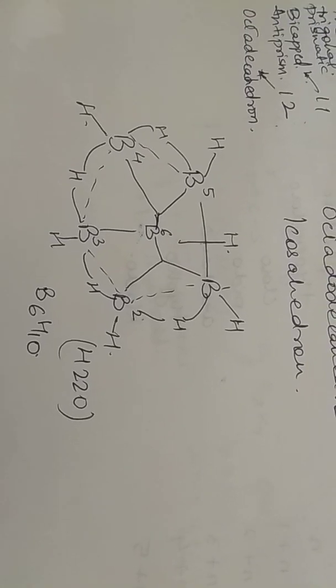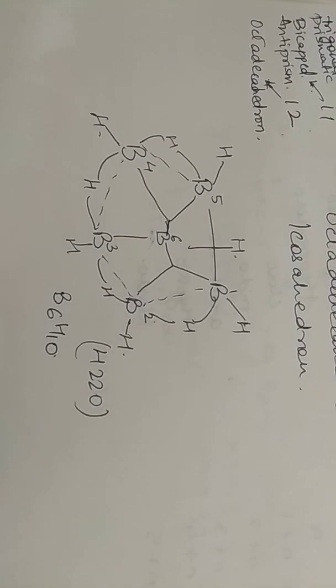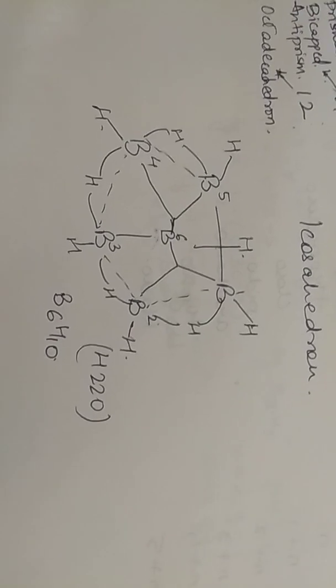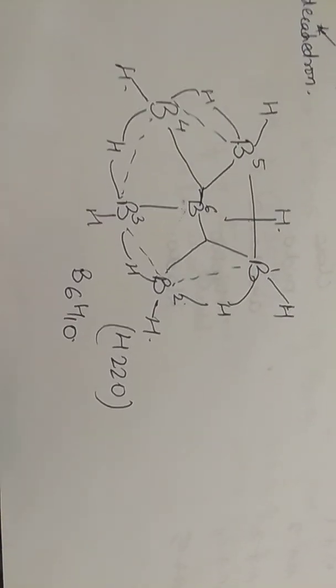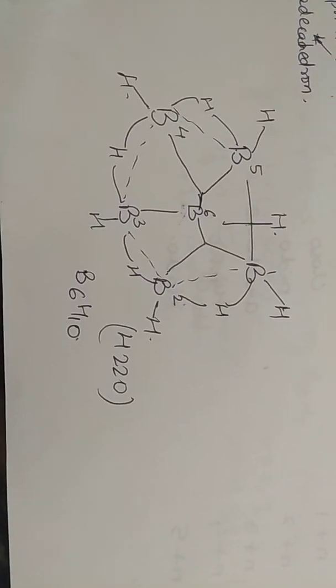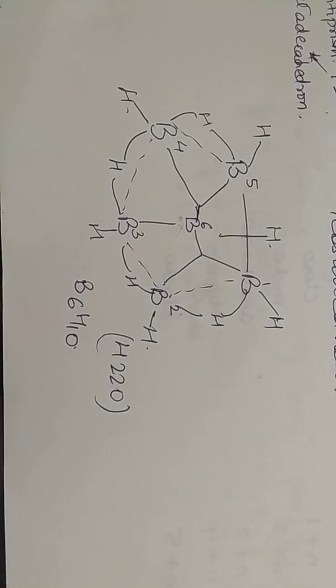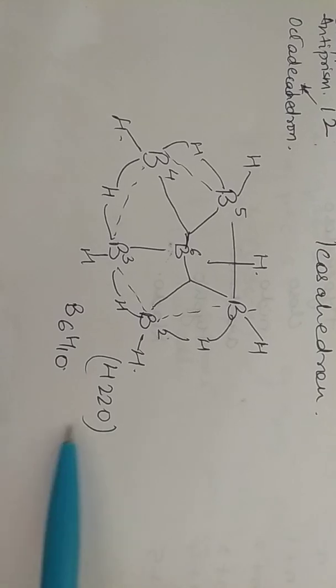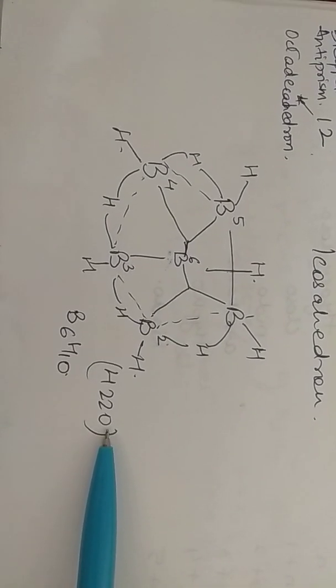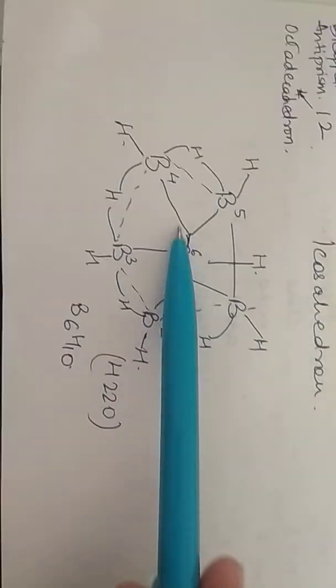Hello students, in the last videos we have discussed how to calculate the STYX formula and what will be the predictable structure. Now in this video let's start with drawing a few of the common structures after calculating. Suppose this STYX comes out to be 4220. So how to draw the structure?